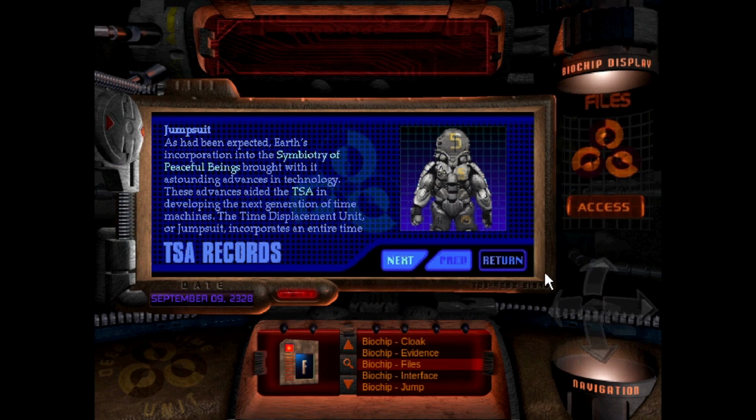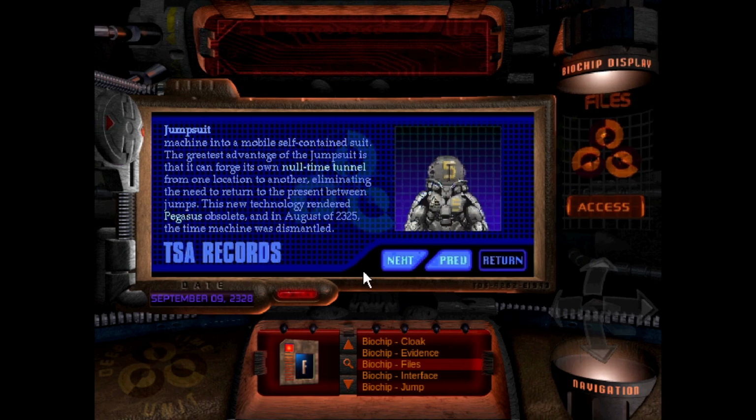Jumpsuit. As had been expected, Earth's incorporation into the Symbiotry of Peaceful Beings brought with it astounding advances in technology. These advances aided the TSA in developing the next generation of time machines. The Time Displacement Unit, or Jumpsuit, incorporates an entire time machine into a mobile...